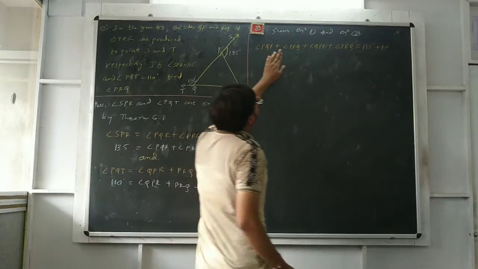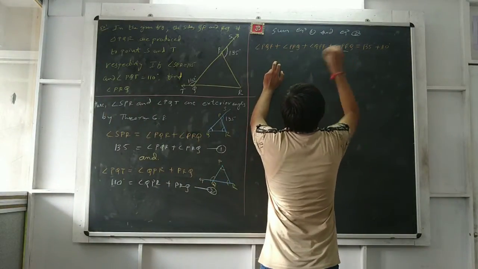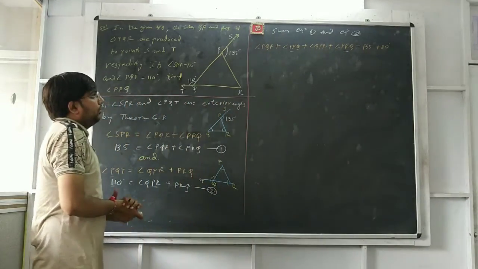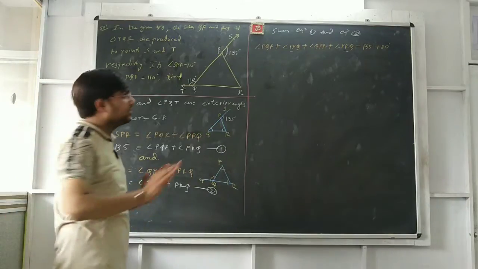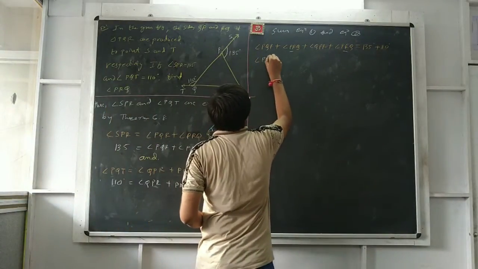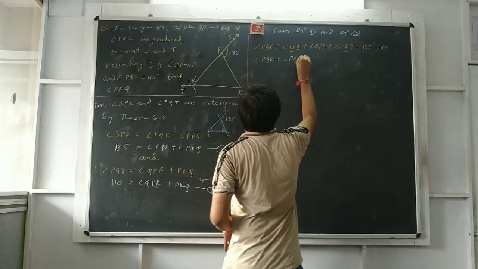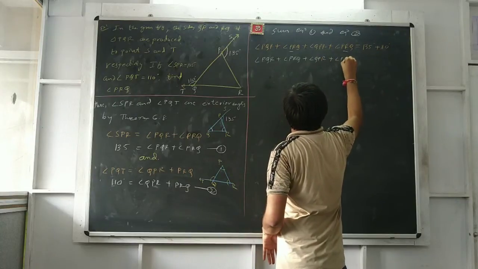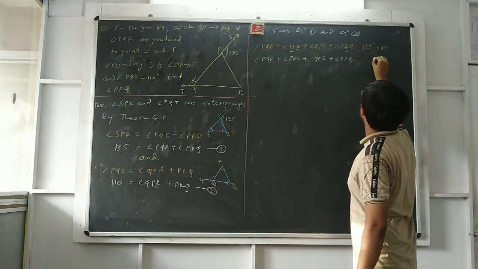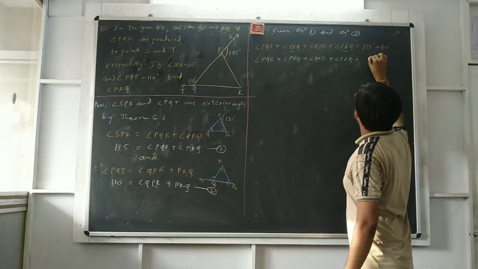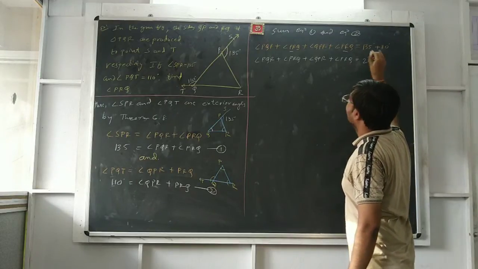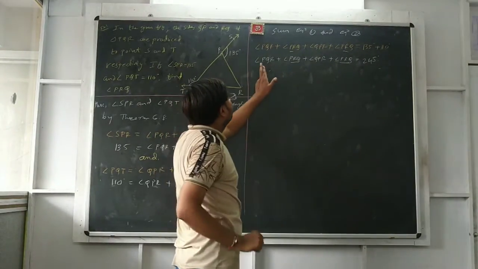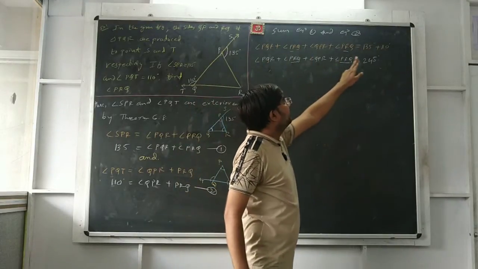So here, 2 times PRQ, first and second, PQR plus QPR. So I can write only for the sum first: angle PQR plus angle PRQ plus angle QPR plus angle PRQ is 135 plus 110, which is 245. Okay, then we have to start here. PQR, PRQ, QPR, PRQ is 240.